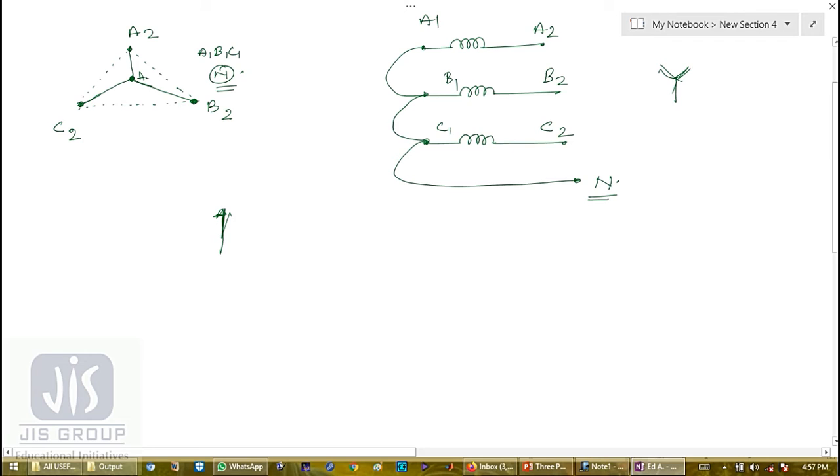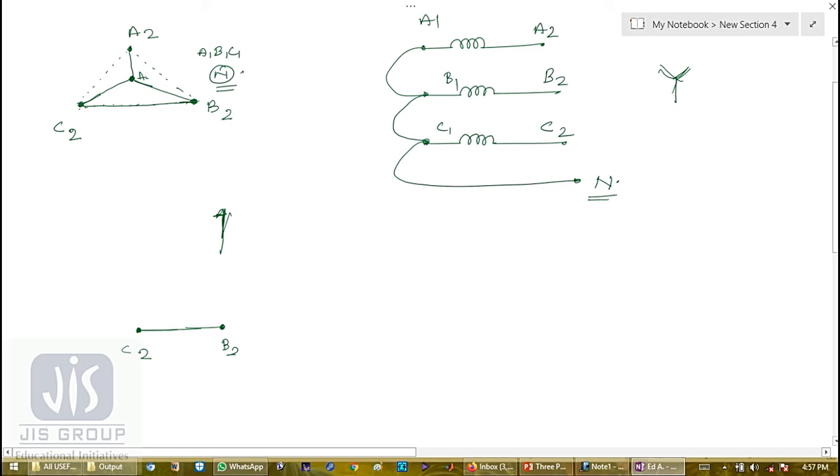Or else what we can do, so this B2 C2 is my line voltage. So let me draw this B2 C2 first. So B2 C2 is the high voltage side, line voltage. So the secondary will be in 30°